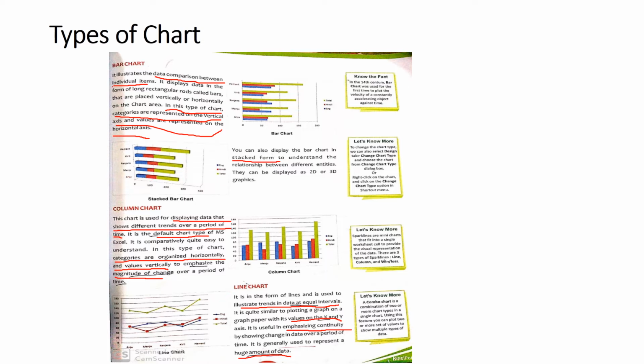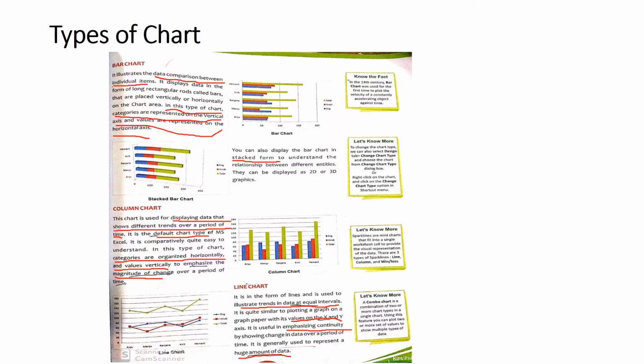Like I see the marks of Anju, meaning Anju is having marks between the range 60 to 80. Likewise, the marks of English are there, meaning it is the reverse of the bar chart. The categories are represented horizontally and values are represented vertically. So we can see the trend, how the amount of variation has been changing. By visualizing this column chart we can see whose marks in English are highest, whose marks in Hindi are highest, and who is scoring the highest total marks.